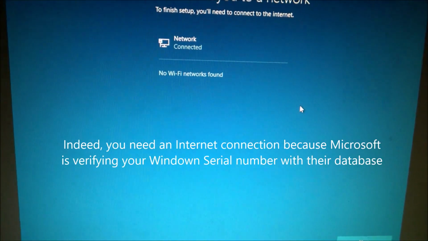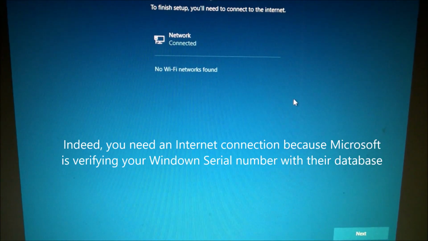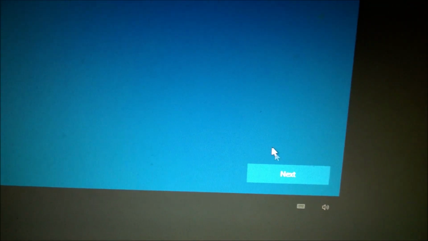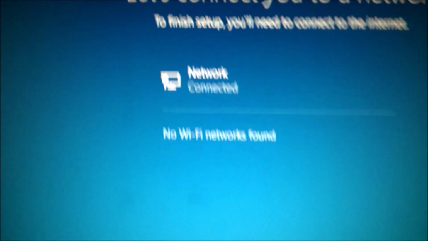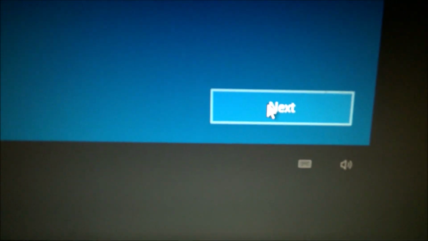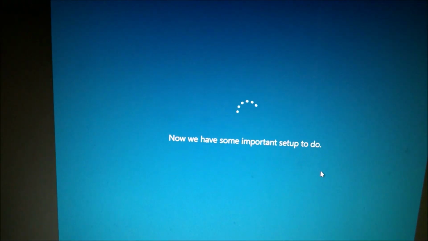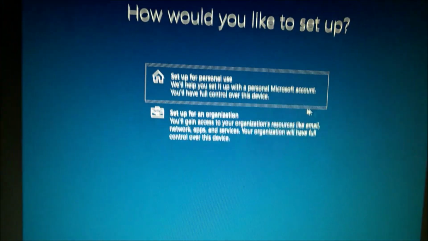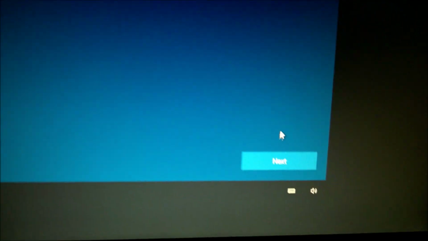So I did plug in my internet connection. It's not Wi-Fi, it's Ethernet. So I will just, this is perhaps up to everybody to select what they prefer or what they think they are going to use.